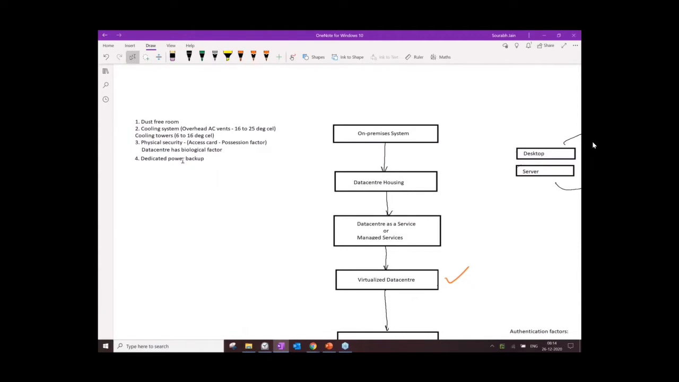Same power backup is available with the servers as well. But if you talk about the data center, the data center does have a dedicated power backup only for the servers. The server rack has a separate power supply, and a separate power backup can be provided. So that sort of thing is again missing from the on-premises system. All right. So due to all these factors,